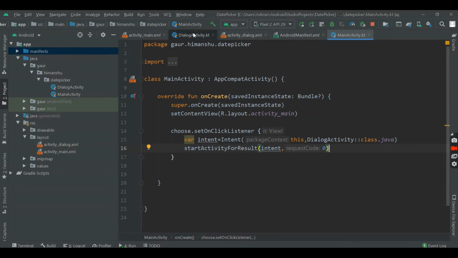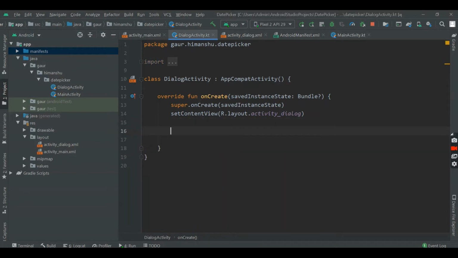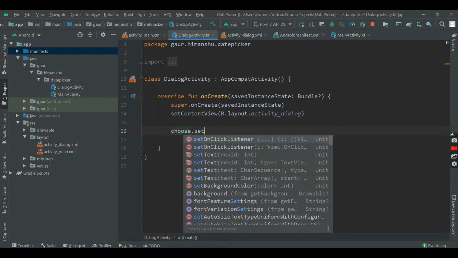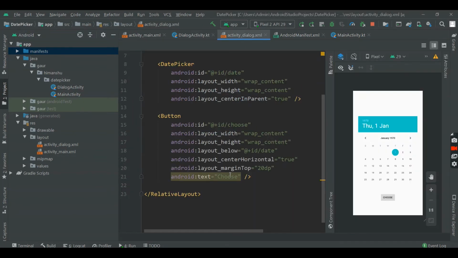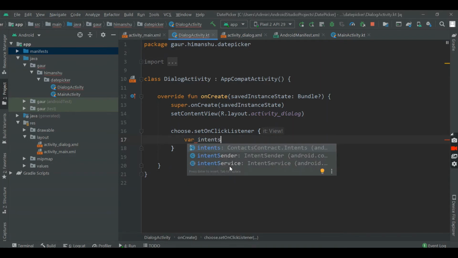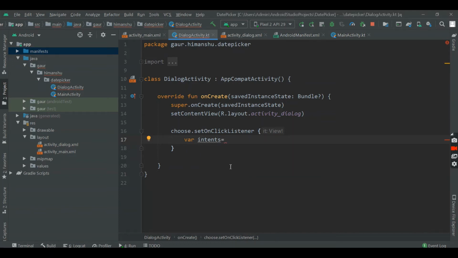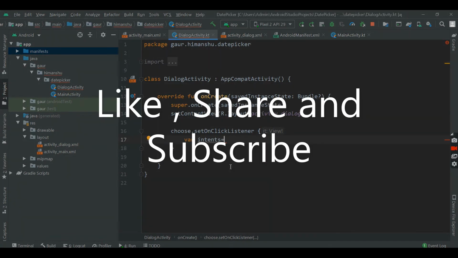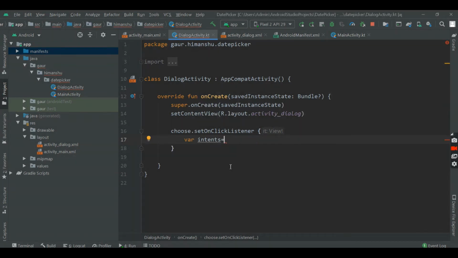So go to the dialog activity and here simply choose set on click listener, because in our dialog activity we also have a choose. Here we make intents, and by using these intents we load data into our intent, and the loaded intent we can send to our main activity, and our main activity will deal with the data.